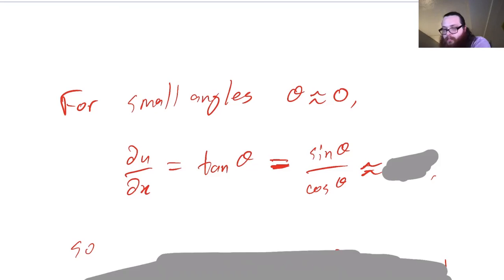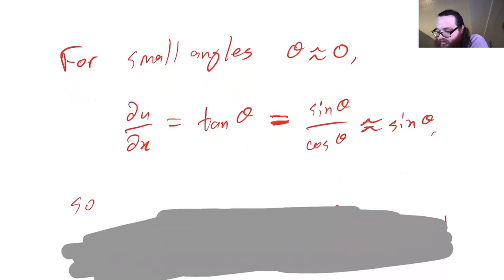Theta is close to 0. Cosine theta is close to 1. Sine of theta is close to theta, which is close to sine of theta. Okay. So I guess there are a few other